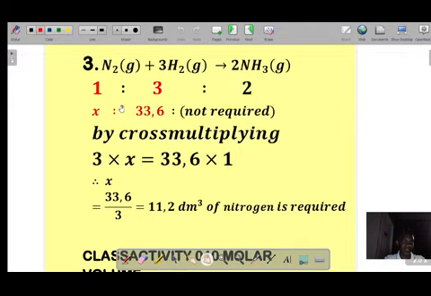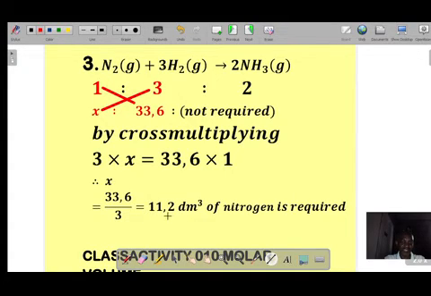So if I cross multiply here, I'm going to say that this 1 multiplies the 33.6 equals x multiplied by 3. So 3x equals 1 times 33.6, whereby to get my x, I just divide by 3, which gives me 11.2 decimeters cubed